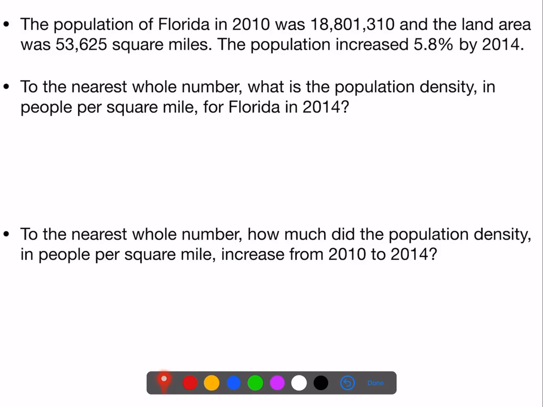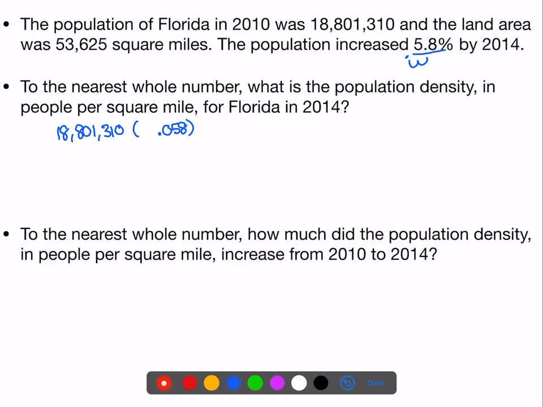So we're going to need to do a little bit of multiplication here. If I want to find out the population density in Florida in 2014, first I need to find the population of Florida in 2014. So I take our population in 2010, 18,801,310, and I multiply it by 5.8%. Now I need to switch this to a decimal, so I move my decimal place 2 places to the left, giving us